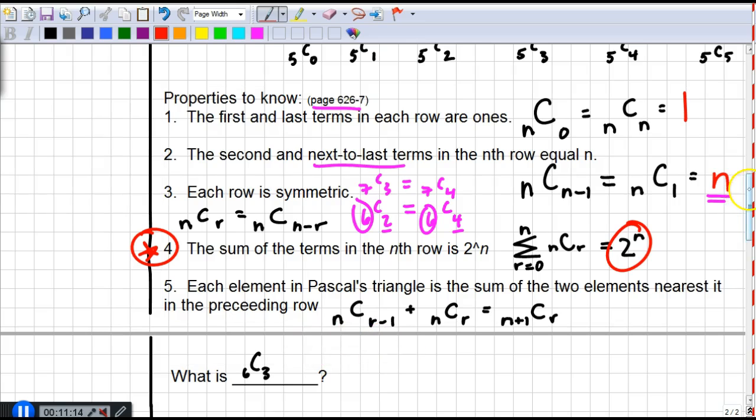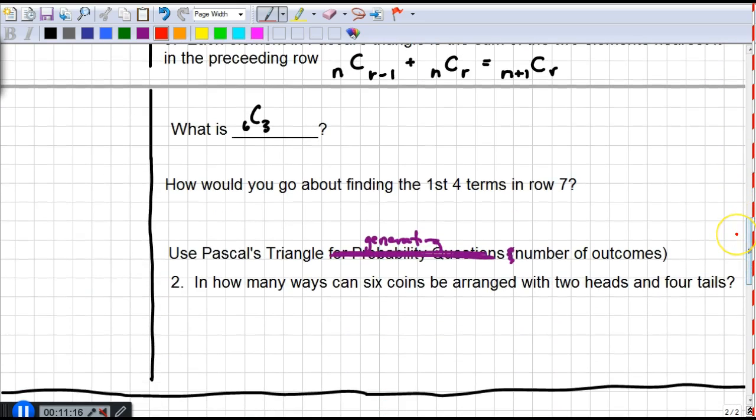So now let's put some of these properties into practice in terms of how you're going to handle them on homework questions and quiz questions. If you're asked to figure out the solution to 6 choose 3, according to what we did in lesson 10.1, you could simply calculate that using the definition of combination. So you would do 6 factorial over 3 factorial times 3 factorial. To calculate that, you would just do 6 times 5